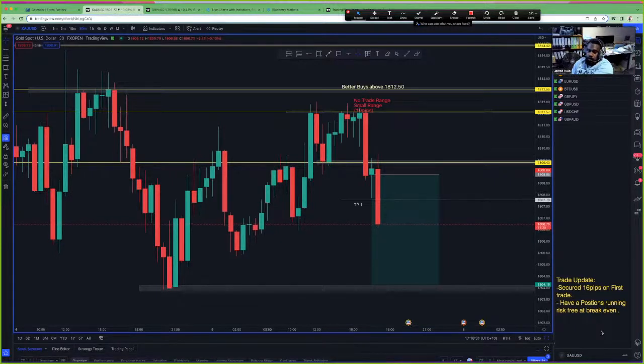We are pushing bearish right now. At this point, I'm very confident in us hitting our targets. Like honestly, we could potentially retrace a little bit, but